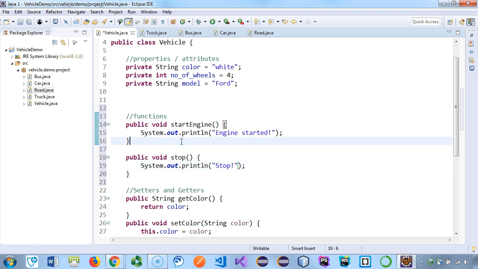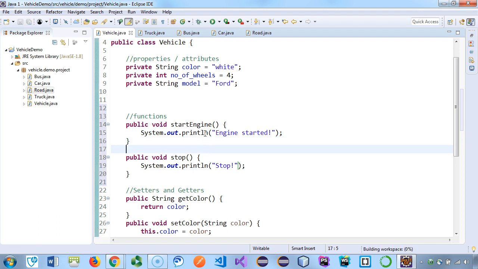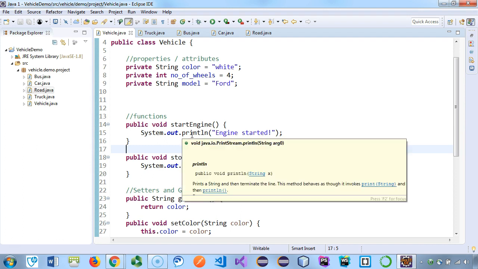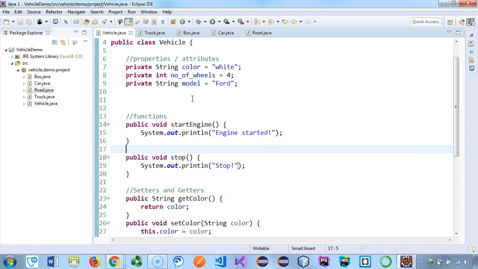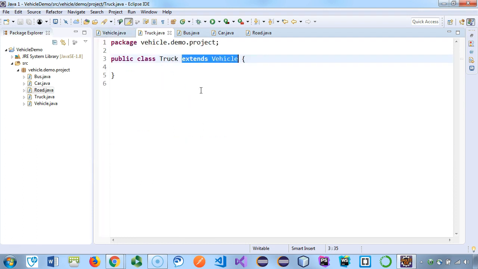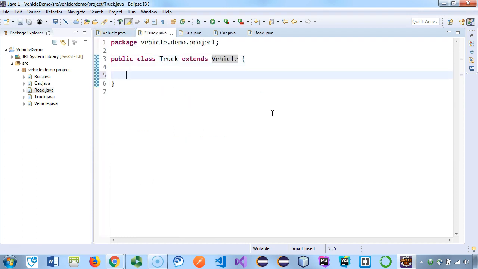And you can add more stuff like accelerate, brake, honk, right? Those would be common for all those cars, because cars, trucks, and buses all have that. Okay. And now you have something that will be very specific to truck. Well, what does the truck have? I don't know. Maybe something like,